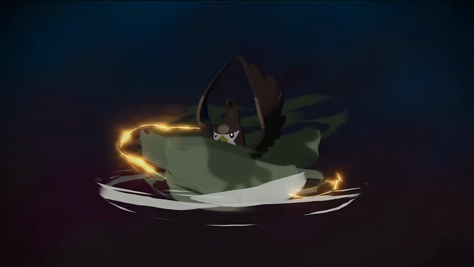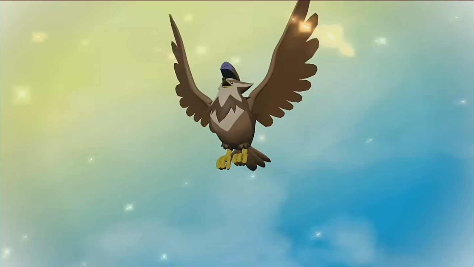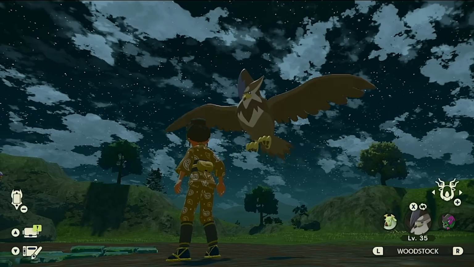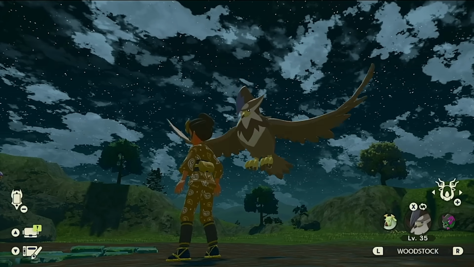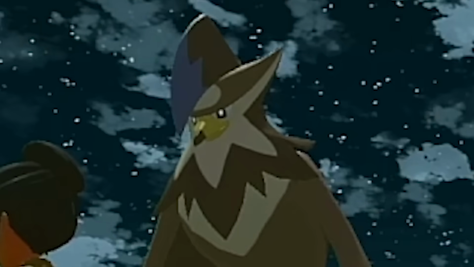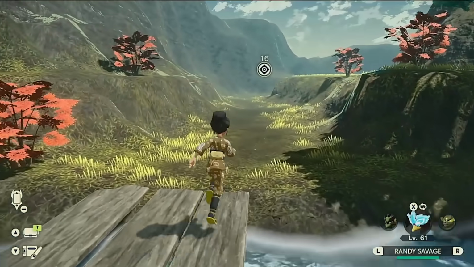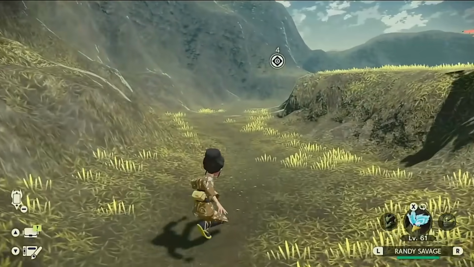And we train it up until it evolves into a Staraptor. I will say that shiny Staraptor really shows you more of the vulnerable side of this normally angry bird. I mean, look at those sweet blue eyes. Those eyes would never hurt you. You're safe with Staraptor. Anyway, we finish up what we're working on, then head back to town for a quick